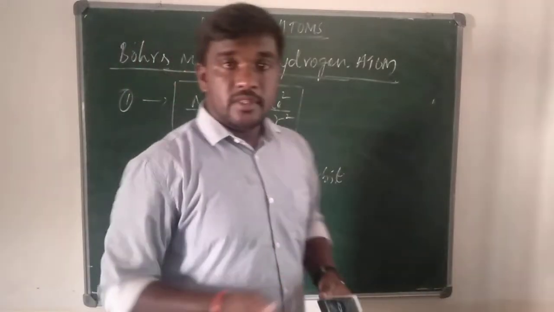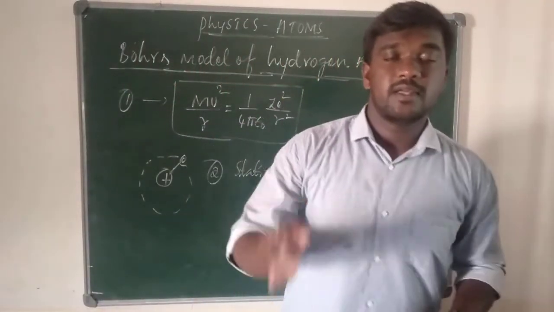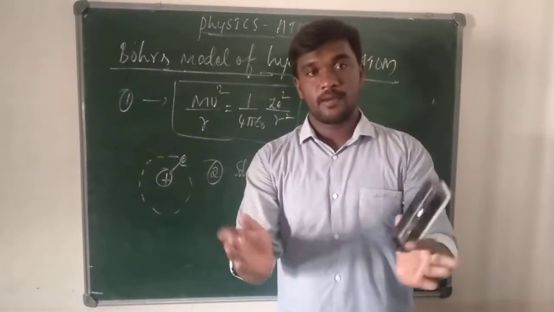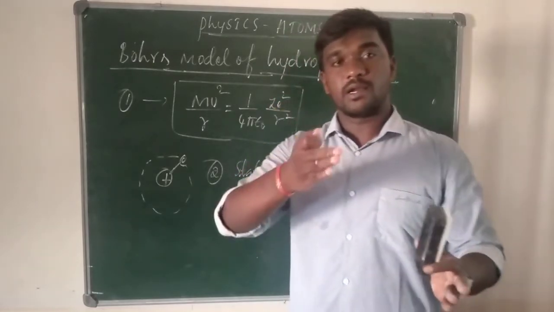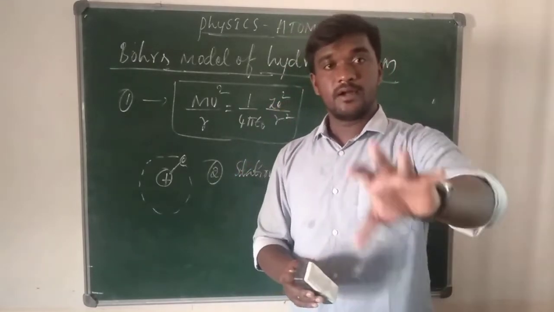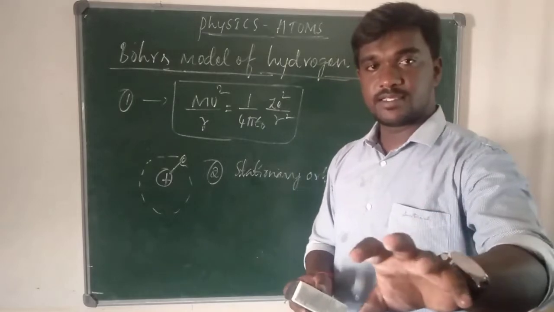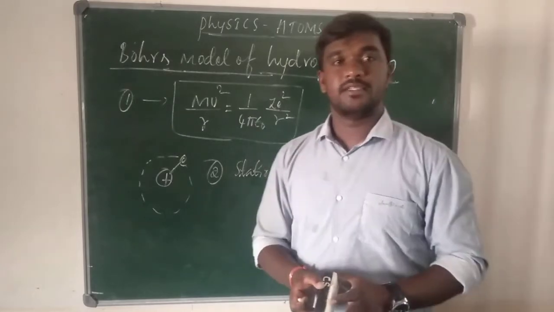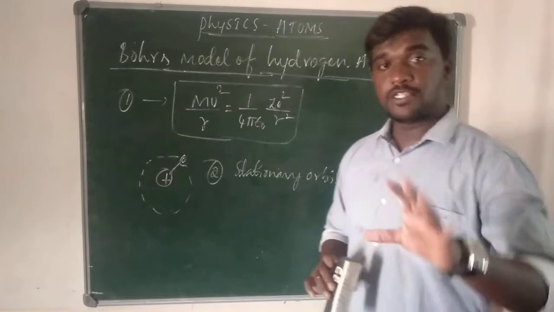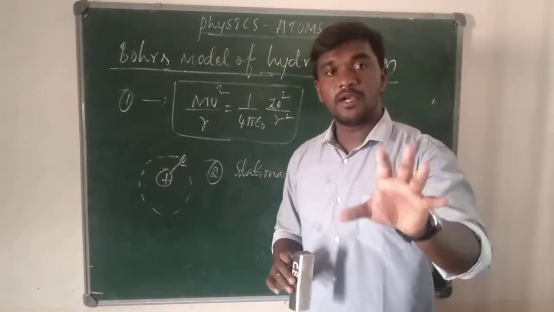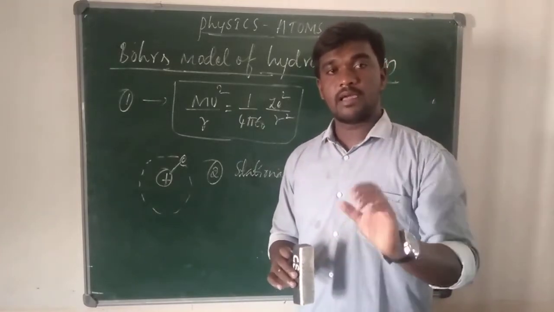So when an electron revolves around the nucleus in a stable orbit, that orbit is called a stationary orbit. Okay, that is the second postulate, in which the angular momentum of the electron